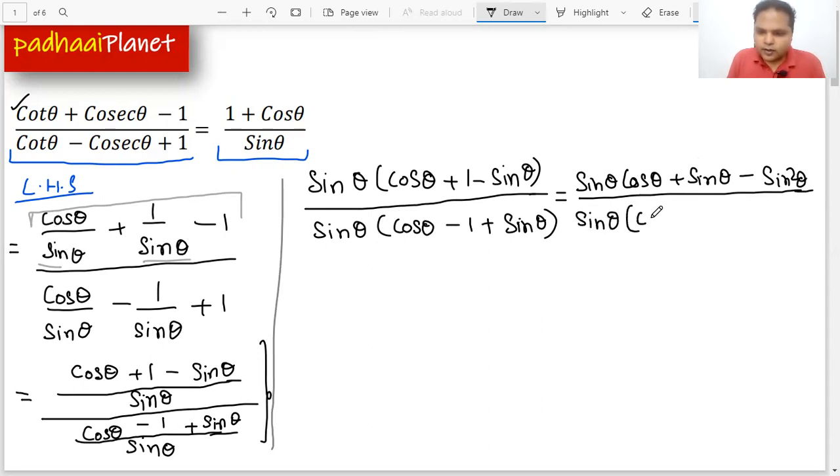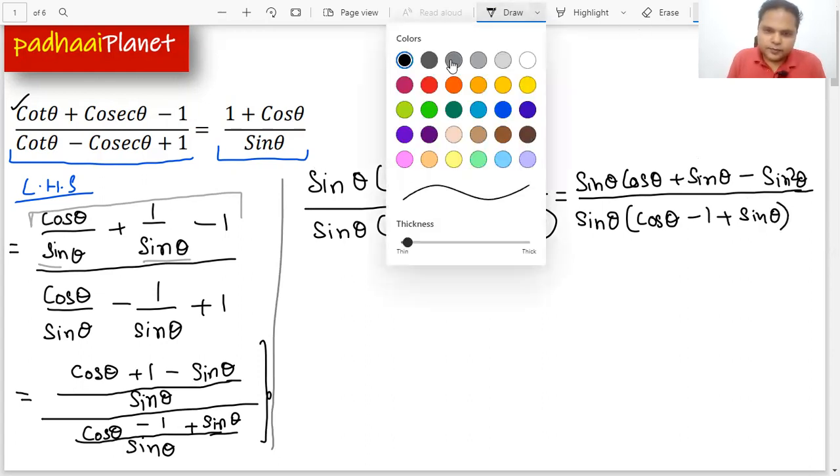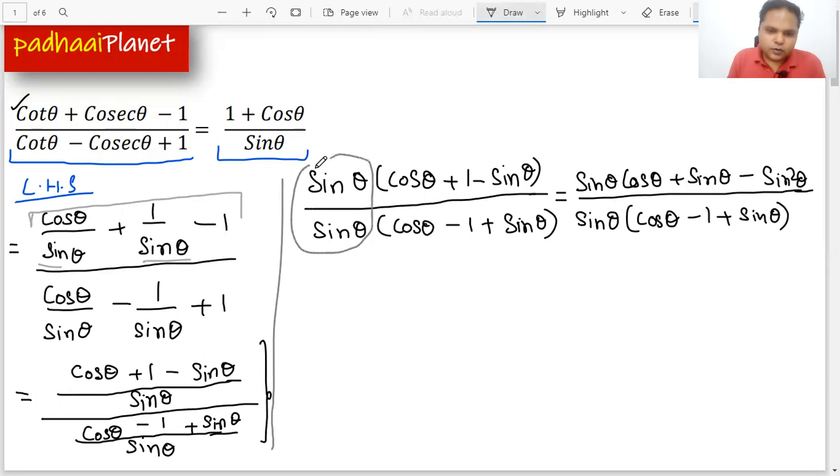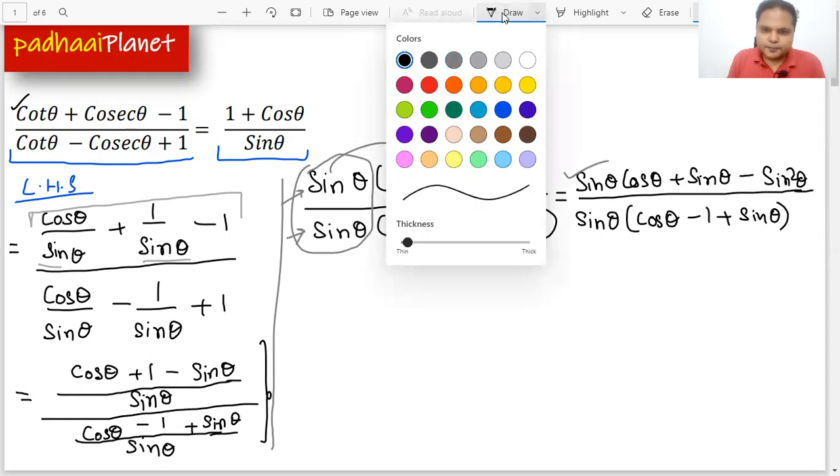All we need to remember is that in these questions a lot of tricks get applied. At this point most students cancel out this sine theta with this sine theta, and they get stuck and are not able to solve the question further. So don't commit this mistake. Keep them as is, use this sine theta inside this bracket and get it into this form, rather than canceling them out. You have to be very careful in trigonometry.